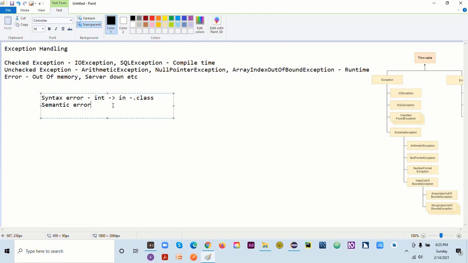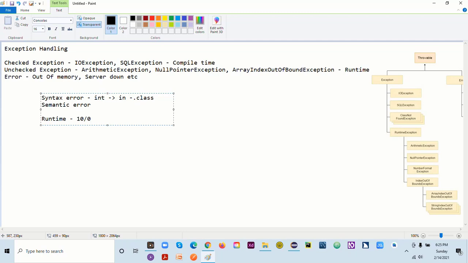With a runtime exception, we have given everything correctly with respect to syntax and we do not have any issue there, and when we compile our program, it compiles properly. But at the time of running your program, you come across a scenario where you are dividing something by 0.